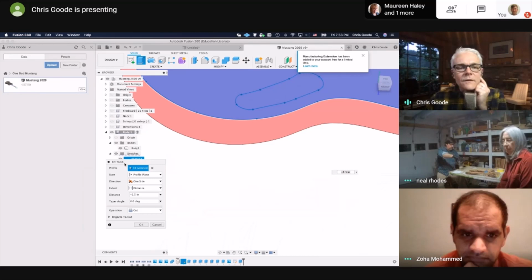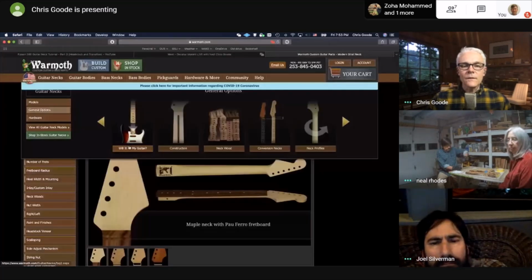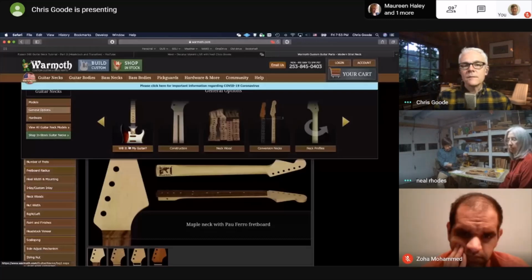So I've got this huge solid hunk of wood. But I like it when the CNC does a lot of the cutting, so I don't have to route out all these pockets myself. And let's just go back to the very beginning of it as we're closing in on our time. Go back to the Warmoth site and check out the guitar neck that we were thinking about buying. And they have this "Will it fit my guitar?" Well, their necks are designed to fit in a pocket that's 5/8 inches deep, or 0.625 inches. So in order to create that pocket,